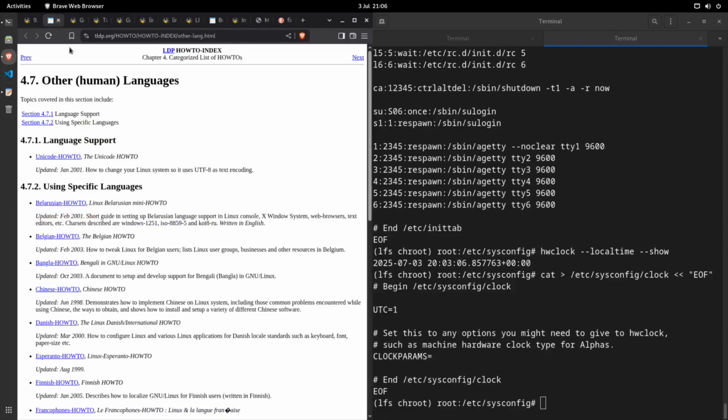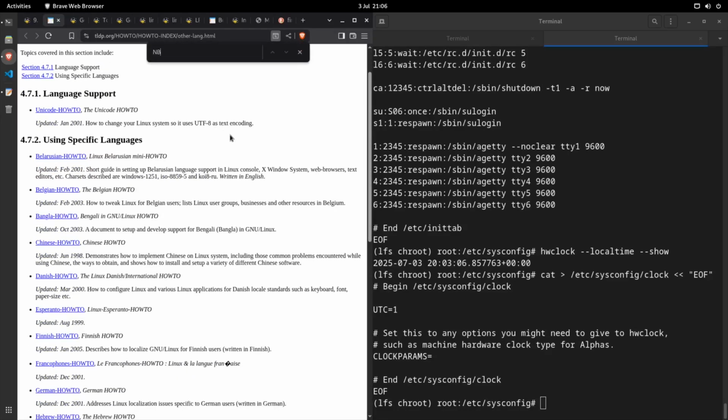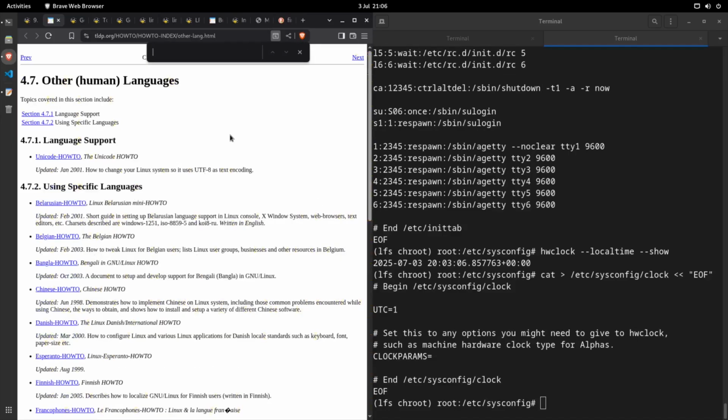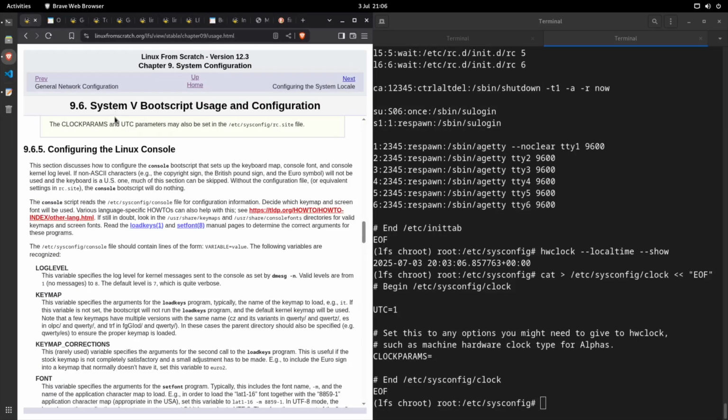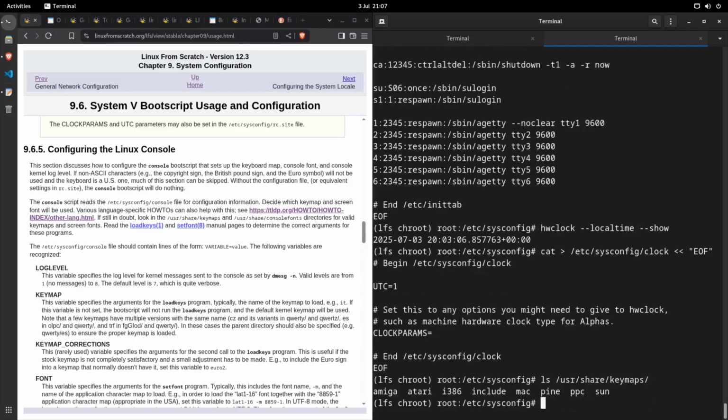Does it have British in here? Oh, these are languages, okay, not locales. Language and locale are different. If in doubt, look in the /usr/share/keymaps and /usr/share/consolefonts directories for valid keymaps and screen fonts. So we definitely need that. If we do ls, I think it's ls /usr/share/keymaps, and oh look,